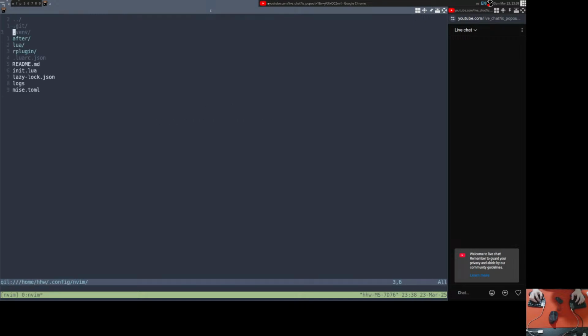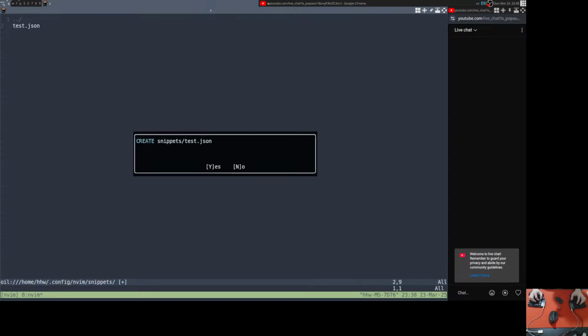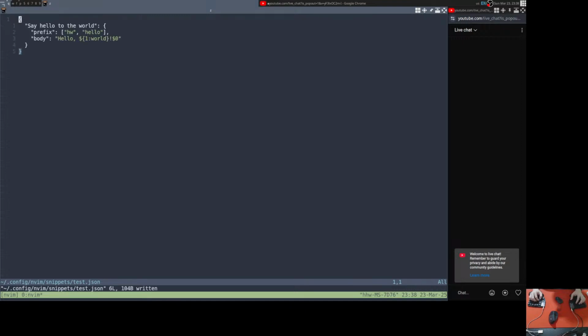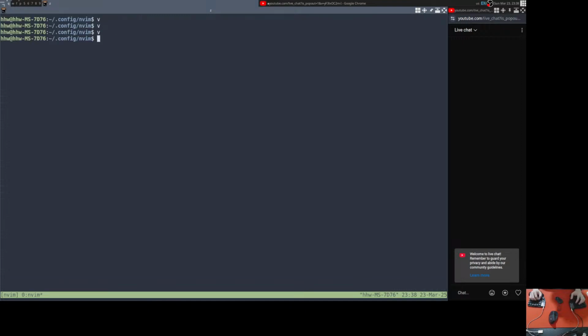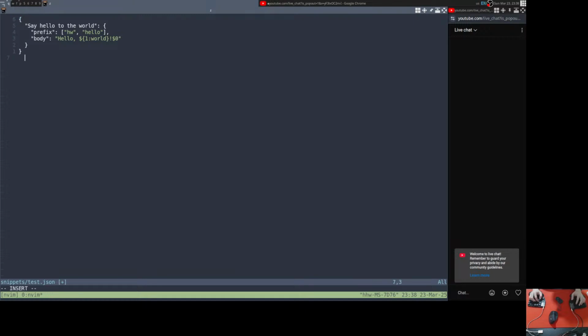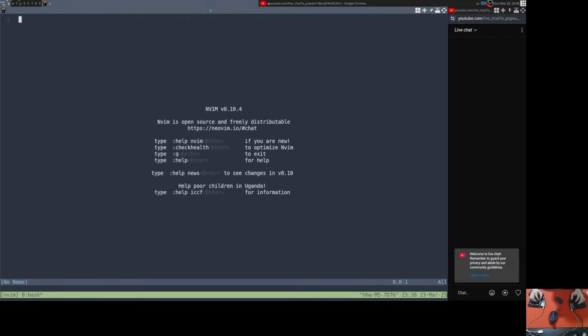If we add a snippets directory here, and then we add, I don't know, test.lua or JSON, right? So it's not working, but